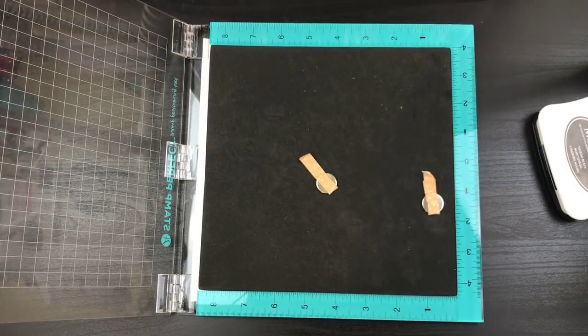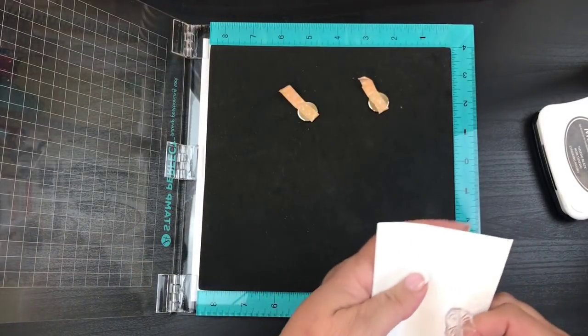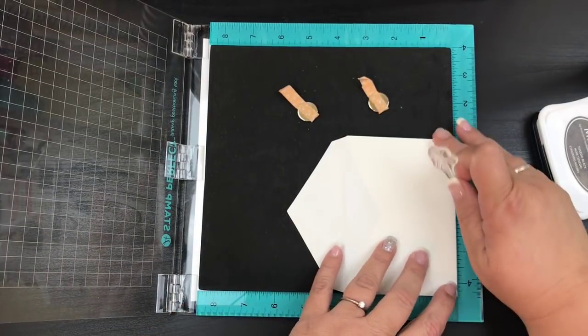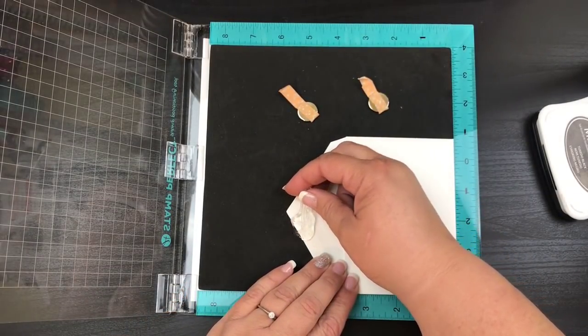So I have never done this part before, but we're going to try and do this on an envelope because I do have to make a lot of these. So if I could get this to work, that would be great. So I'm going to stick this right in the corner. And then I want this